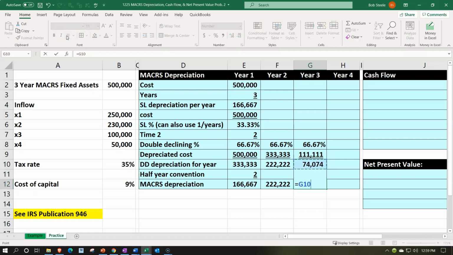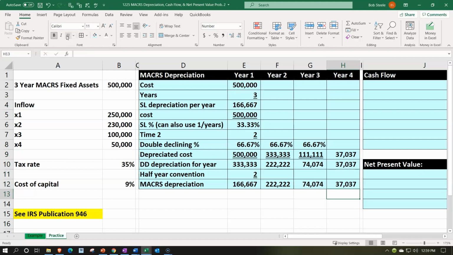No half-year convention. And then the last year is kind of funny because we kind of just use the plug here to close this thing out. We're going to just do whatever we need to do to get to what we need to get to, which is we're left with the 111,111 minus the 74,074. That there, no half-year convention here, and bottom line is if I add this up, then I should get to the 500,000